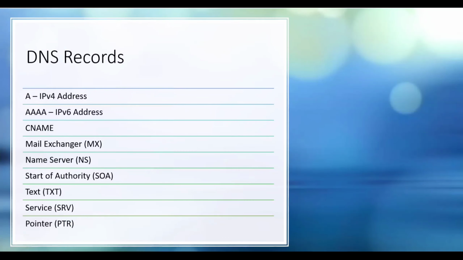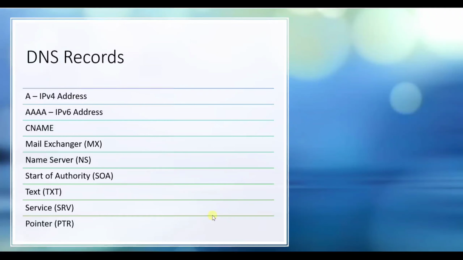Mail exchanger basically specifies an SMTP email server for the domain, which is used to route outgoing emails to an email server. You can also identify mail exchanger information through the NS lookup command and other tools that I will also show you in the next session, or some information in this session.